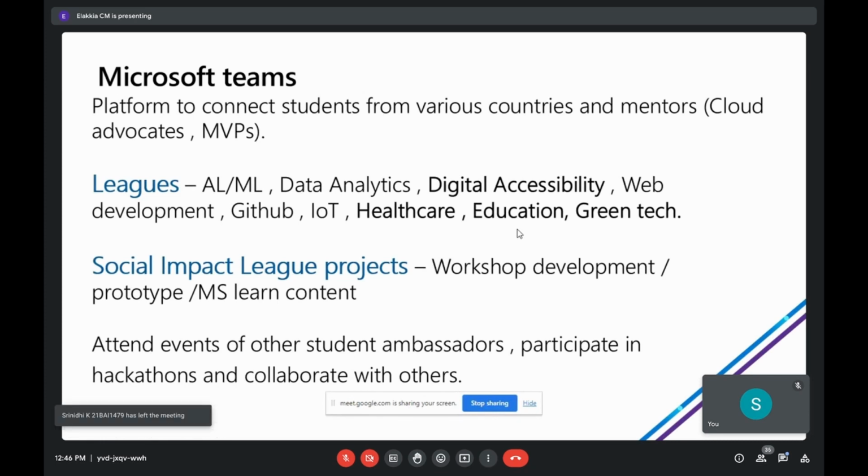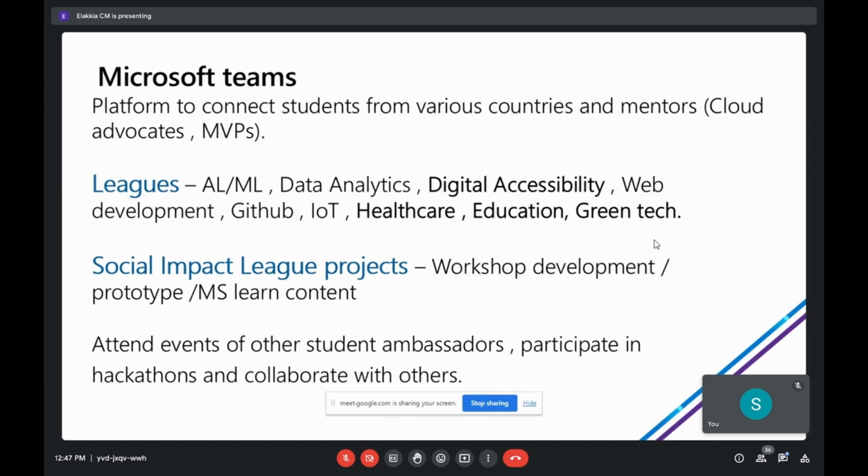First time when I tried social impact league projects, I joined education, and we tried an app that will summarize the books for you, and they will just show you the important points, so that if you're trying to learn one day before the exam, you can just quickly read everything that's important. And healthcare and green tech also, people will be working on really great ideas. You can see all those things. You can also take inspiration for your capstone project that you'll be doing in the last final year.